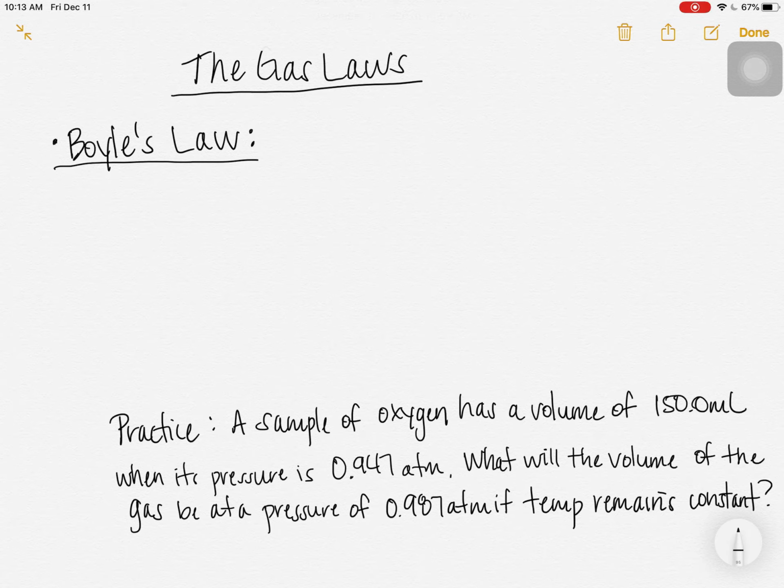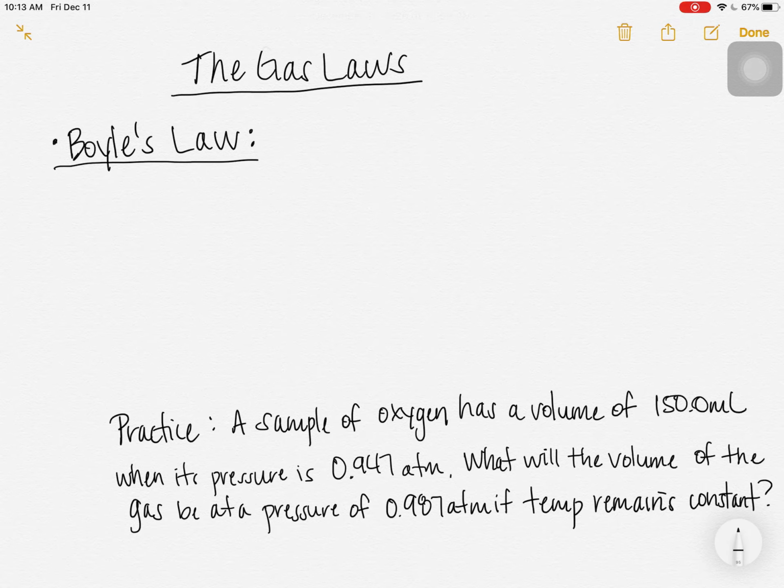Right, this video is on the gas laws, and there are 4 that we'll be discussing in this video, and this is where we take gases from more of a conceptual discussion to a mathematical discussion. And so this is where the math really comes into play, and we see formulas and things like that. So we're going to be talking about how the variables of temperature, pressure, and volume relate to each other when we're talking about gases. So the first gas law, and these are named after people because